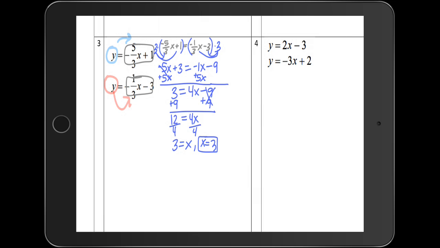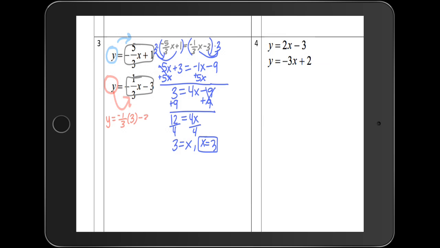Now it's my choice into which equation I want to plug this into. Either negative 5/3 x plus 1 or negative 1/3 x minus 3. Whichever I plug it into, it will give me the same y value. So I'm going to plug it into negative 1/3 x minus 3. So I'm going to write down right beneath here, y equals negative 1/3 times 3, because I'm plugging in that x value,